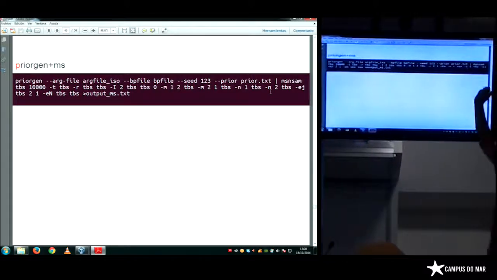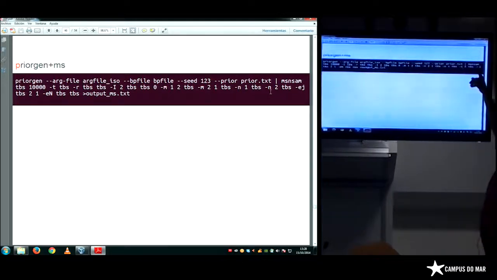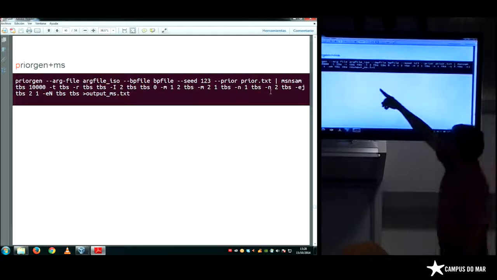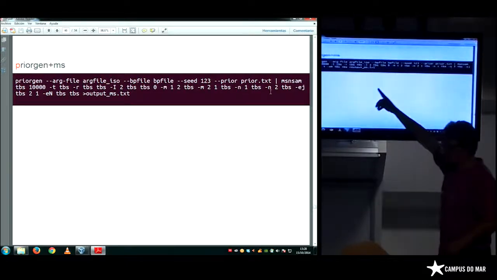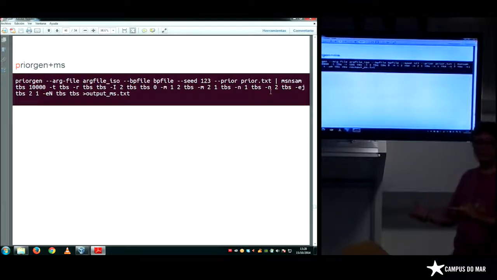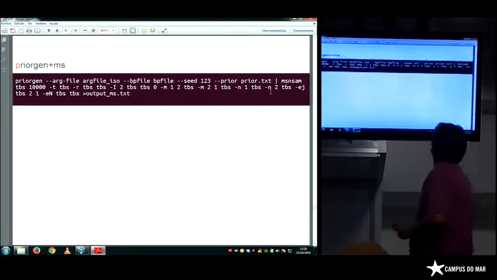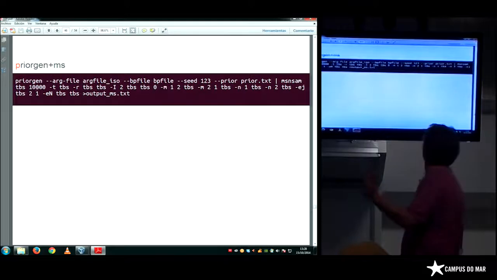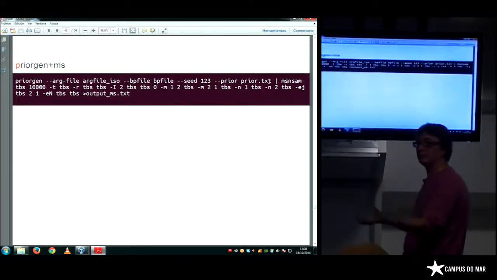You call another program. The other program is MSNSAM. And here you have the command line to simulate isolation without gene flow. And so each time MSNSAM needs a value for TBS, it looks in prior.txt for the value it needs for the simulation.